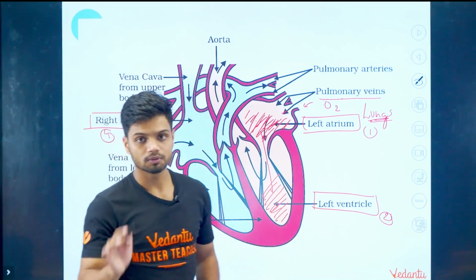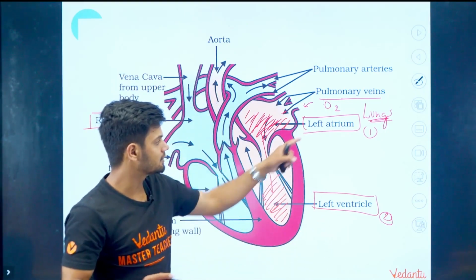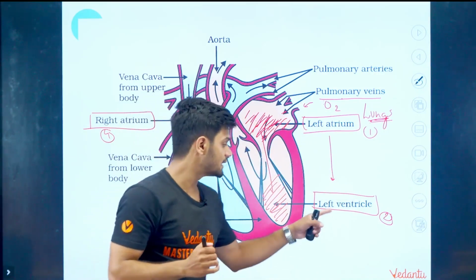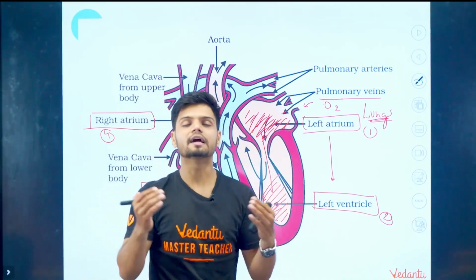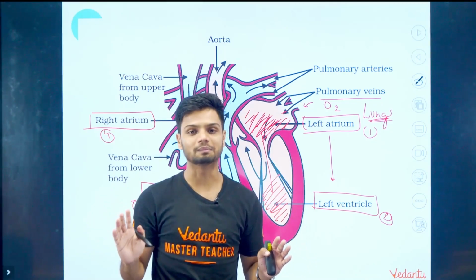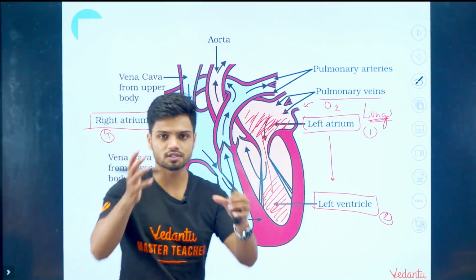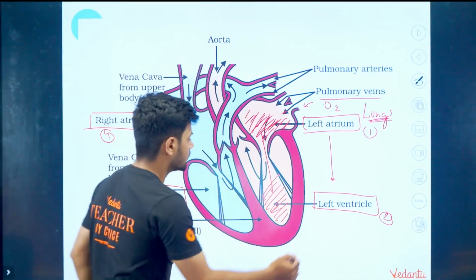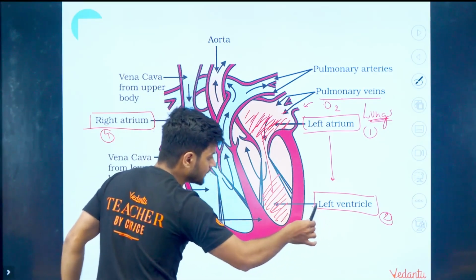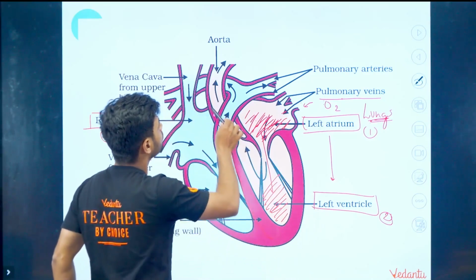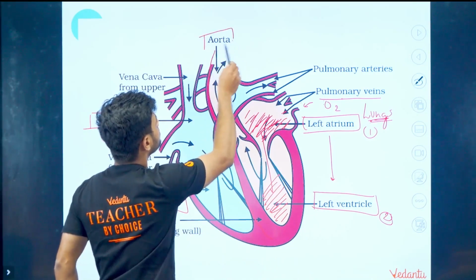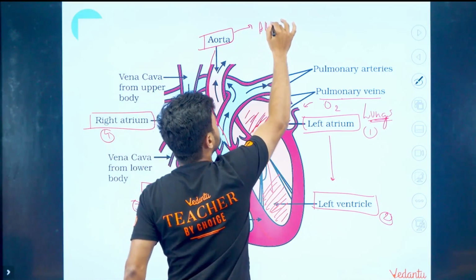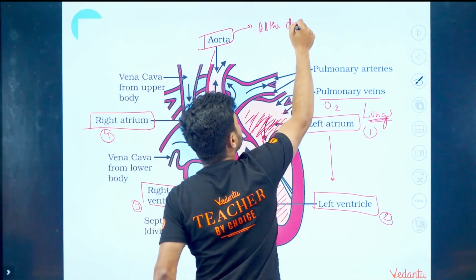The left atrium will completely contract and all the blood is transferred to left ventricle. So the blood from the left atrium is sent to the left ventricle. And when left ventricle was receiving the blood, it was also relaxing completely, while the left atrium was completely contracting. Clear? Now, from the left ventricle, the blood is going to the aorta. From aorta, the blood is going to all the different